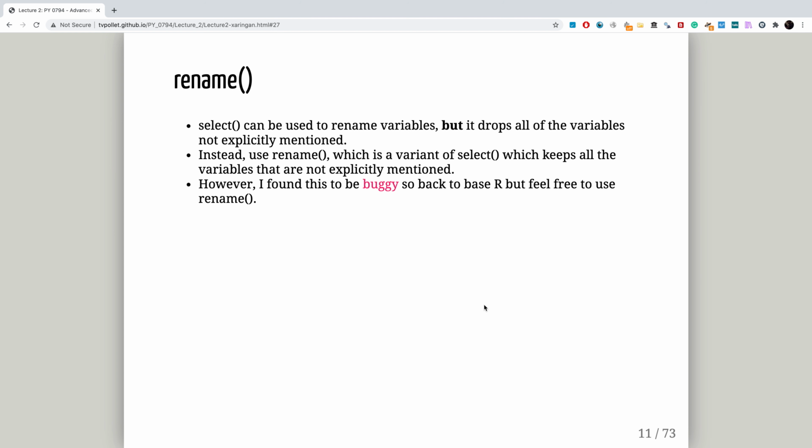We can use select to rename our variables, but it would drop all the variables which we haven't explicitly mentioned. So sometimes you want to rename some things, and you'll also have something on your worksheet to look at that. Instead we would use rename, which is a variant of select, but keeps all the variable names which are not explicitly mentioned. Perhaps it's better now, but in the past I found it's buggy, so